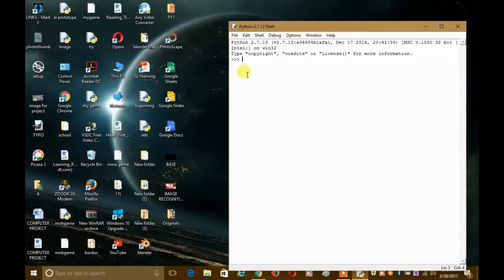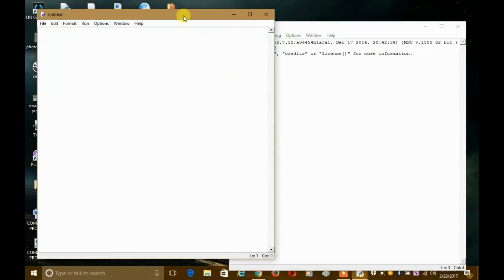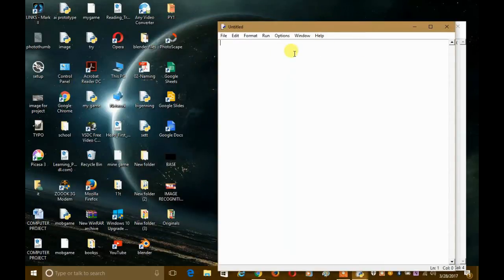So let's go to script mode. Now here what we have to do is, first of all we will import PyAutoGUI. PyAutoGUI is a really good module for controlling your computer. You can make so many cool things like Jarvis. You can make Jarvis much better by using PyAutoGUI.